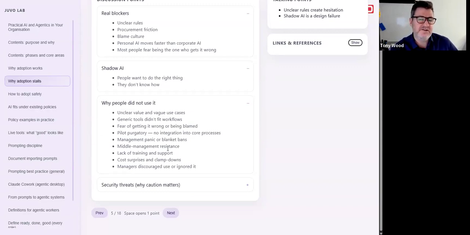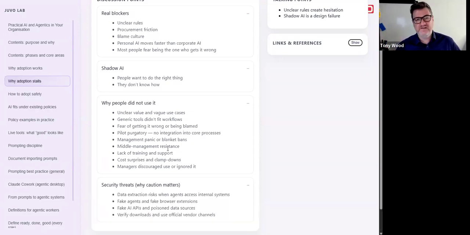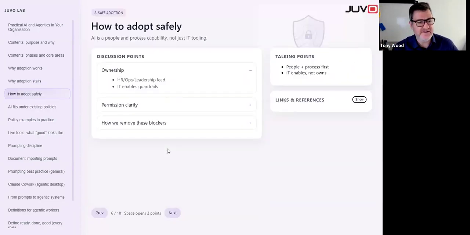But changing your infrastructure, changing your tools, changing the way that your systems work, which were built for our eyes and our hands. They were built for those. They weren't built for data interchange. They were built for silos. And a lot of SaaS companies have spent a lot of time keeping you in those silos. So again, you've got to be quite careful about how that works. And of course, there are security threats, a whole bunch of them. We may have a whole session on that if that's something that people find interesting. Okay. So how can we adopt this safely?